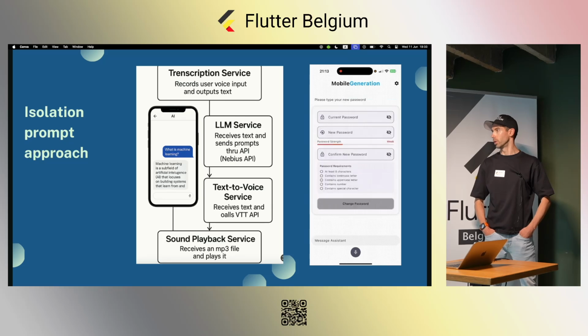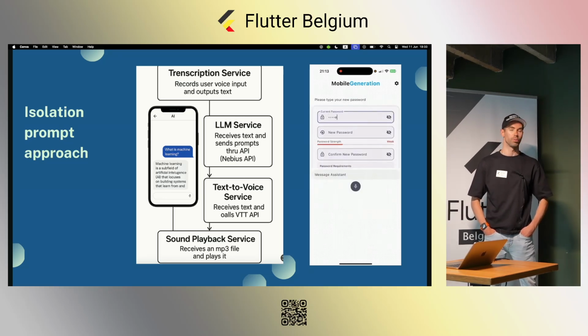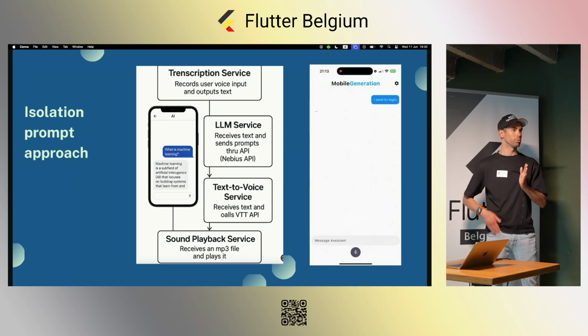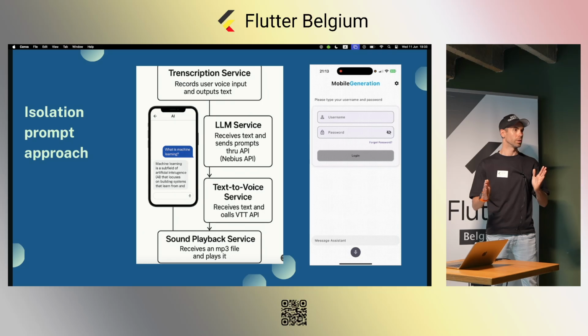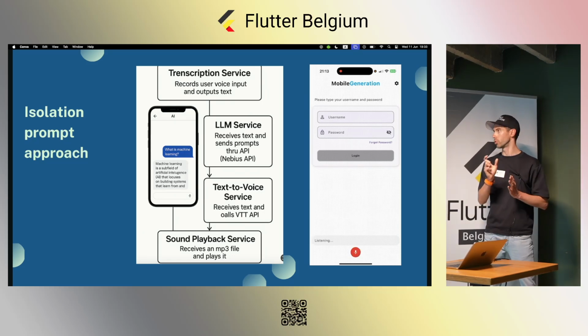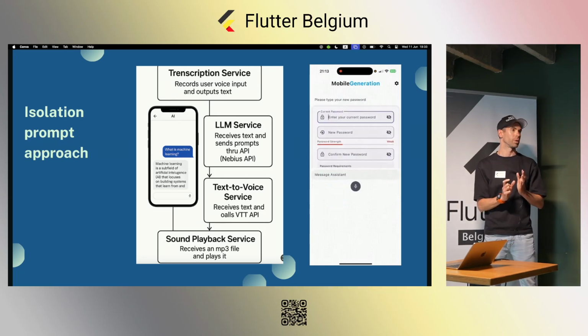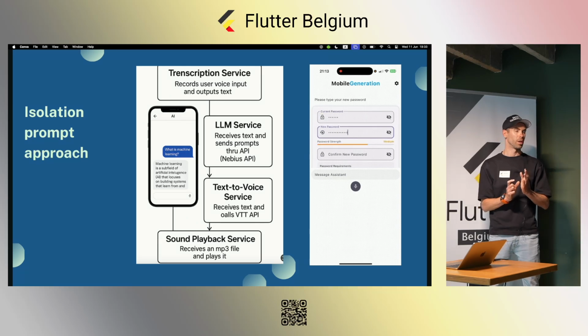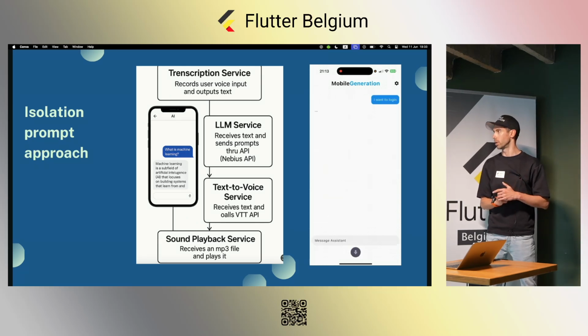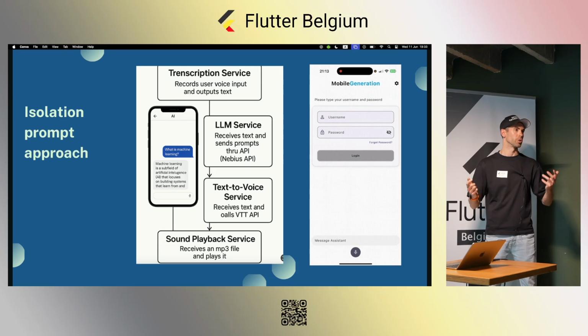So the way it works is there is some kind of initial instruction to the LLM, defining tool calling, and I create an additional protocol between the LLM and the app in JSON, knowing that the LLM will always return a JSON with the message. For example, it gives you one line, like "please type your password," and then it tells me what kind of widget I need to build on the screen. In some cases, if all I need is to know that it's change password, right? I don't need further than that. The app builds that widget,